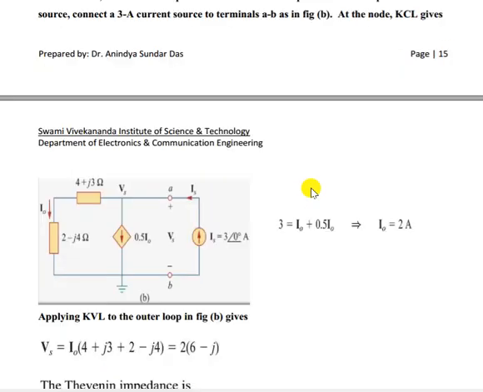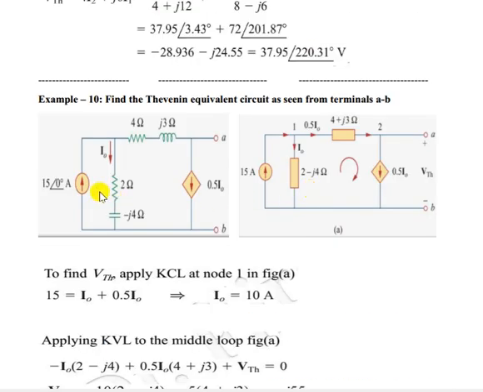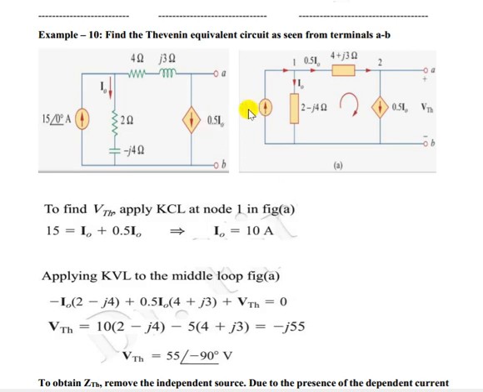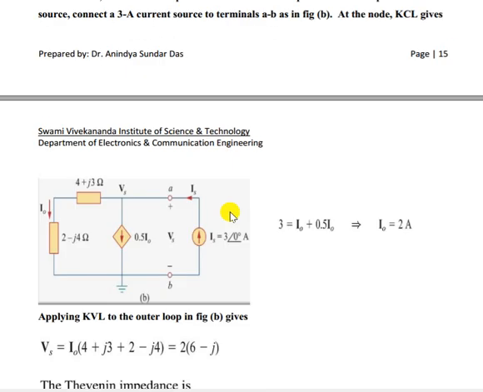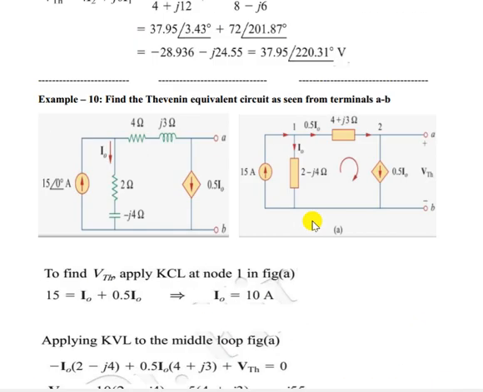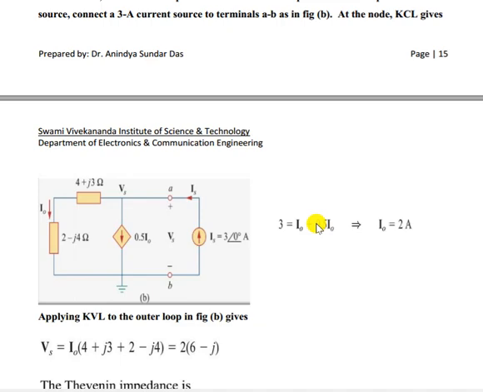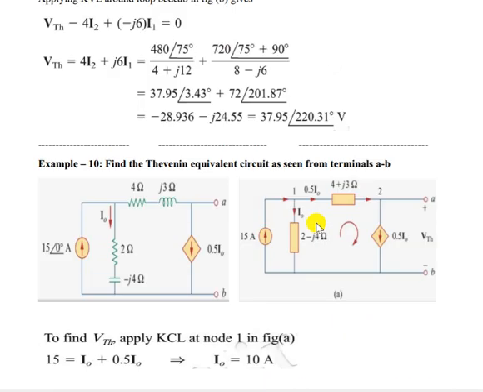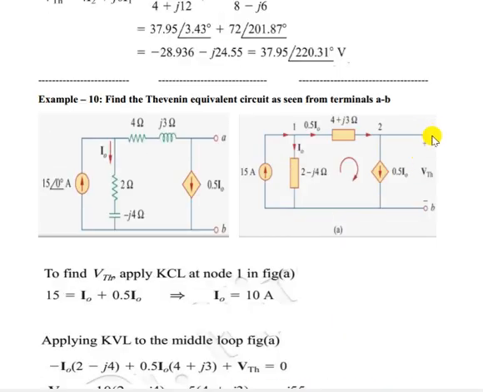Whenever there is a minus J, it should give us minus 90 degrees, and plus J means plus 90 degrees. Now say we have both a dependent source and an independent source here. That means we cannot apply deactivating of the sources here. What we can do is either short circuit the terminals and find the short circuit current, or apply some voltage source here, by the test voltage method or test current method.